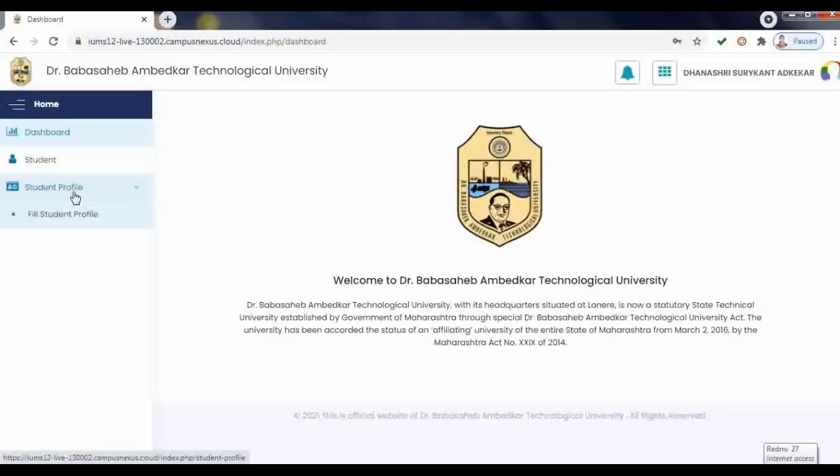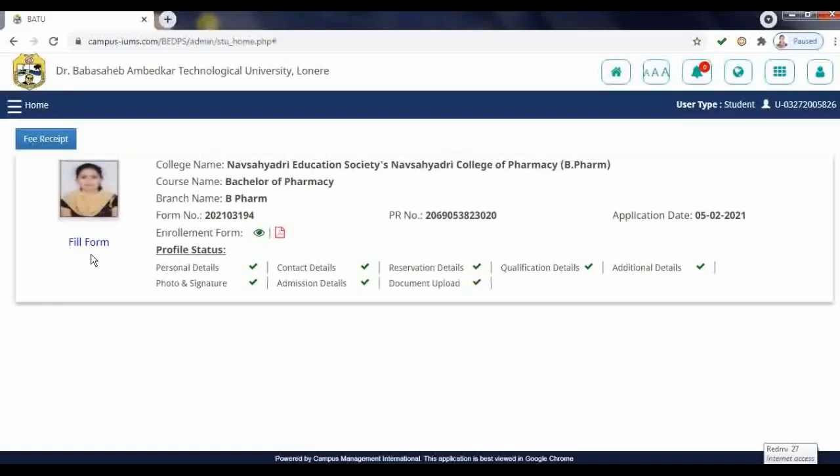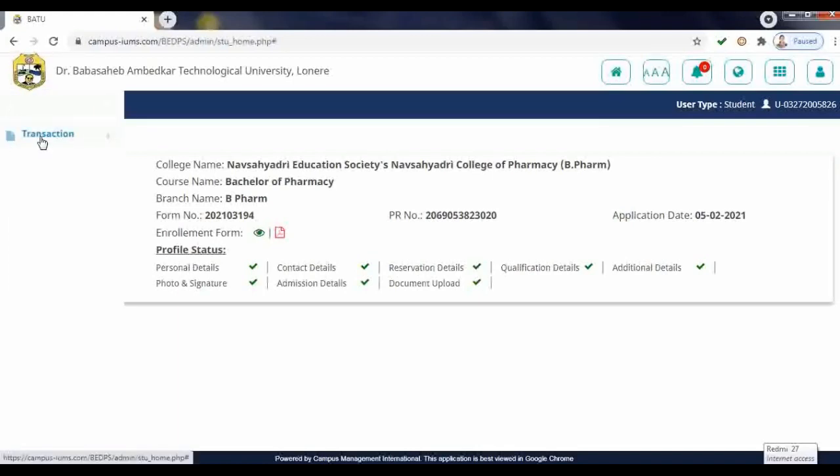So here again you have to click on student profile. Click on fill student profile. Again go to the menu.